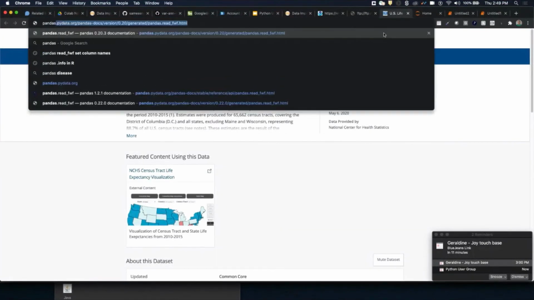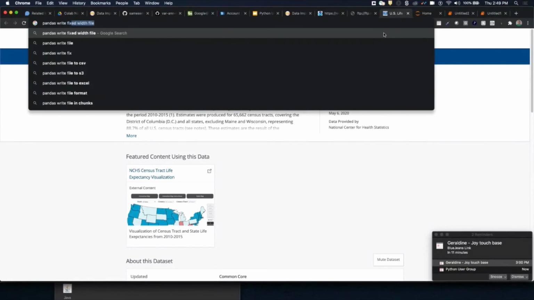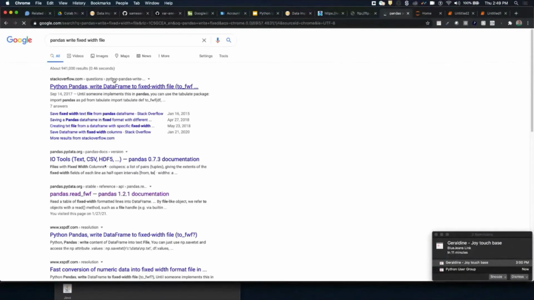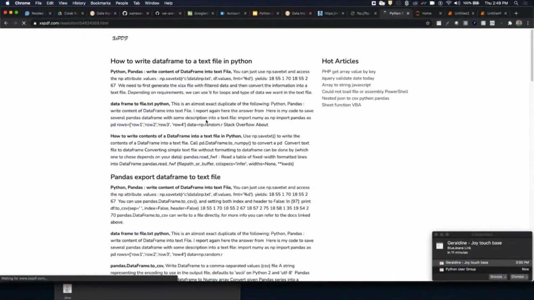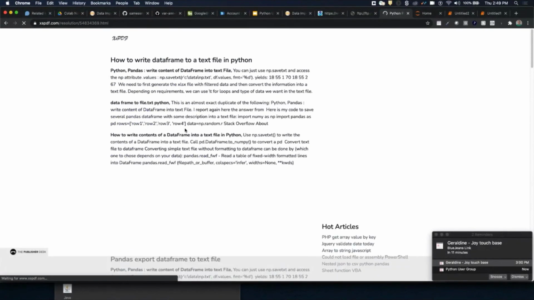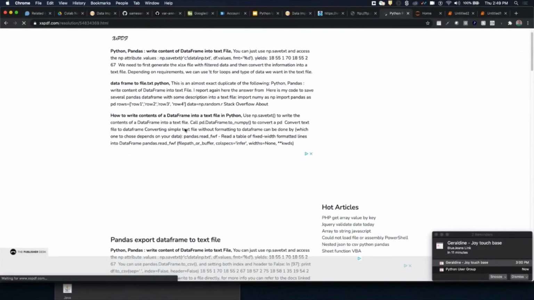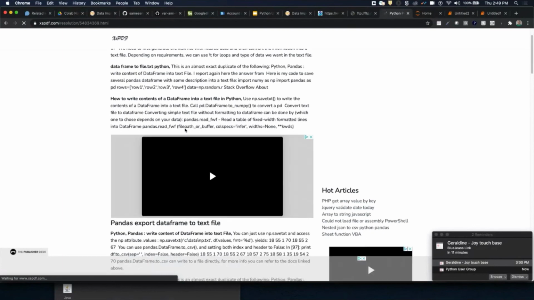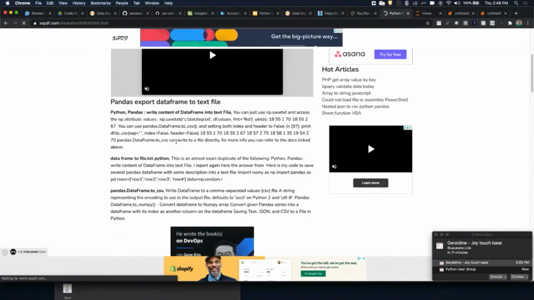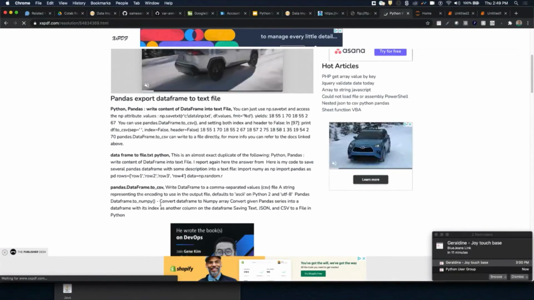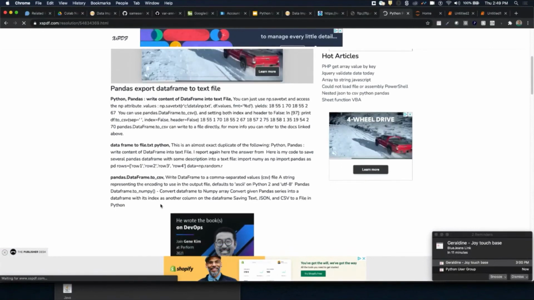All right, so that didn't work. Let's do this. Pandas, right, fixed width file. So there's read_fwf. All right. So it looks like there's a few different methods that people are using.